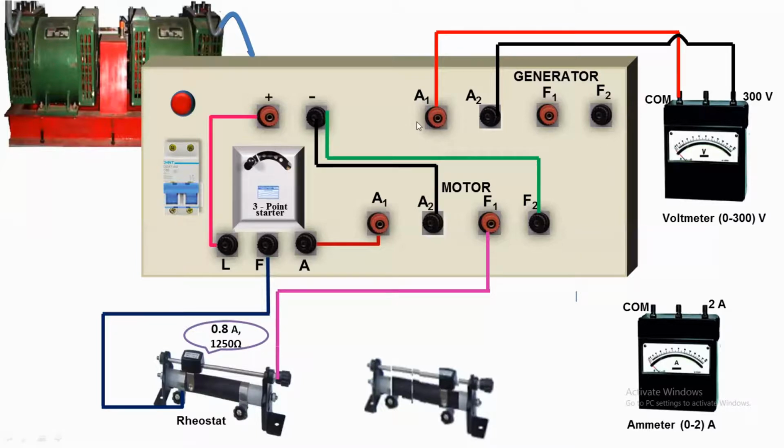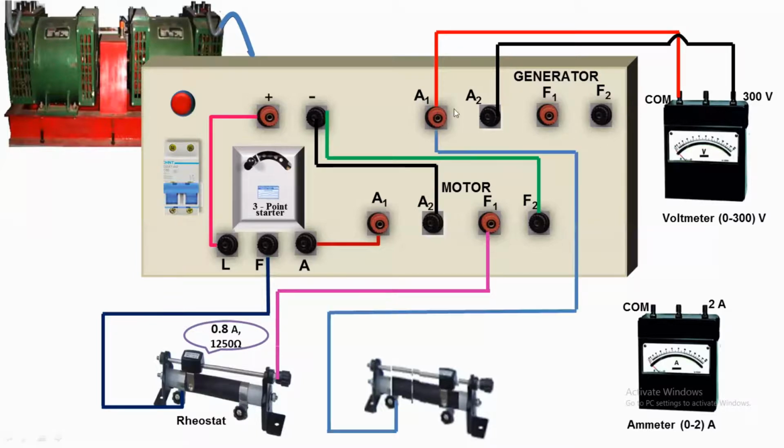Then field winding connection. Then armature A1 to field winding, field rheostat input. Then this generator field rheostat is at maximum position. That is, this point is near to this output side. This one is the input side, this is the output side. So this is the maximum position. Now the current entering here is cut out through the resistances, then leaves through this point to the output point.